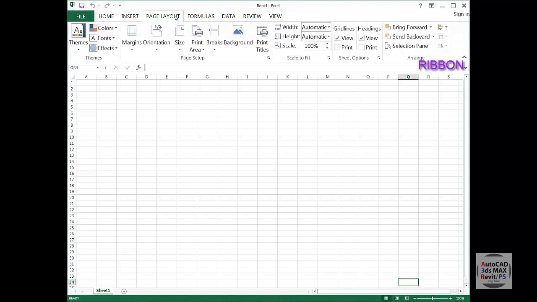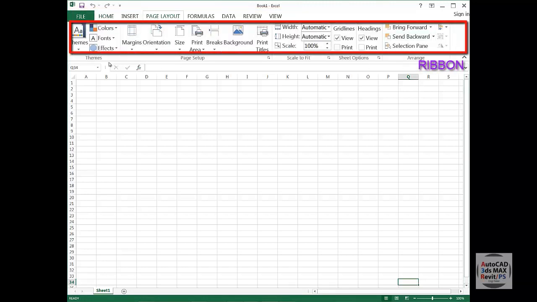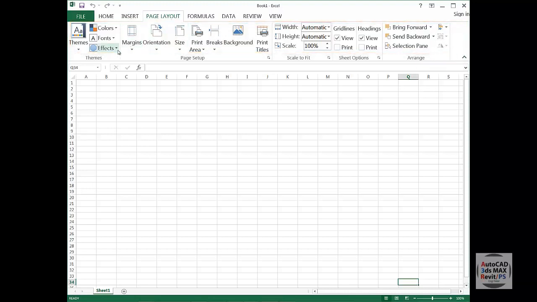In the case of Page Layout you have another type of ribbon. Now every ribbon has groups. For example, in Page Layout you have a ribbon and then you have different groups, for example Themes, Page Setup, Scale to Fit, Sheet Options, Arrange.